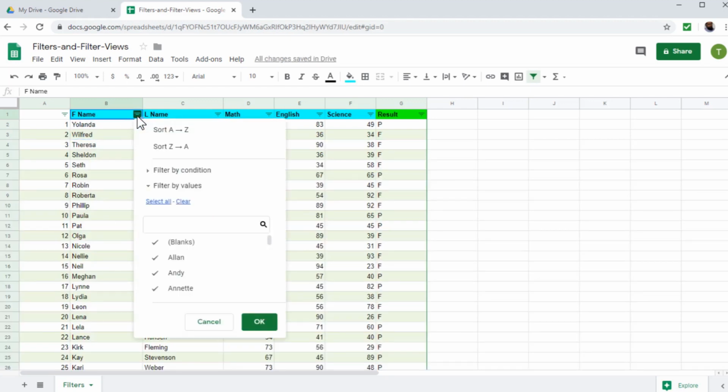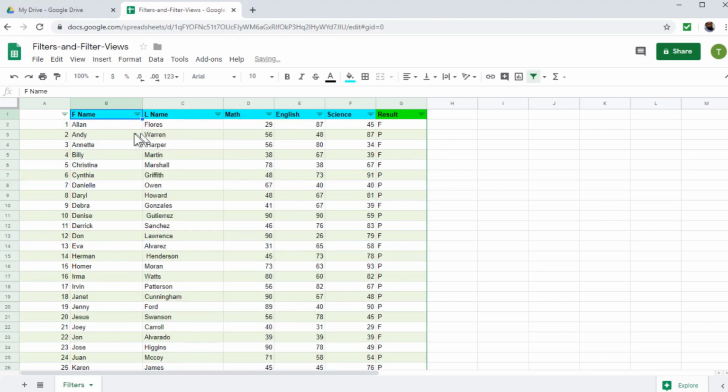Now let's apply another filter, and this time I want to sort students in ascending order from A to Z with their first name. So I click here and now all the student names will be in alphabetical order in this column. Now I want to look for students who have passed in English and math but failed in